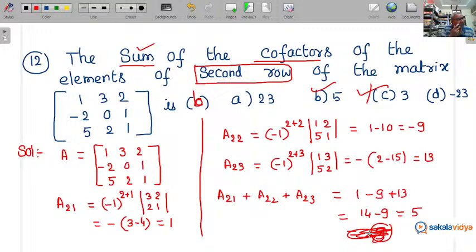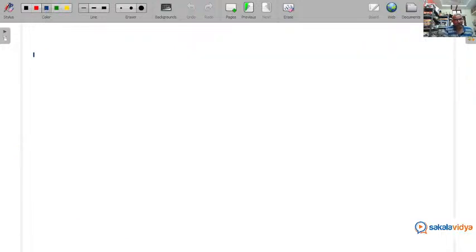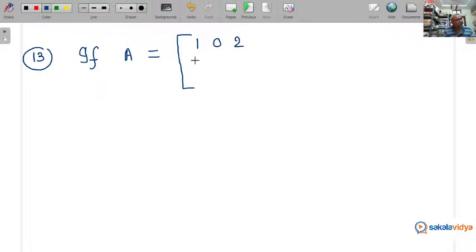Next question, the 13th question. So let us try to solve this question. If A equals the matrix 1 0 2, 2 1 3, 0 3 minus 5, where